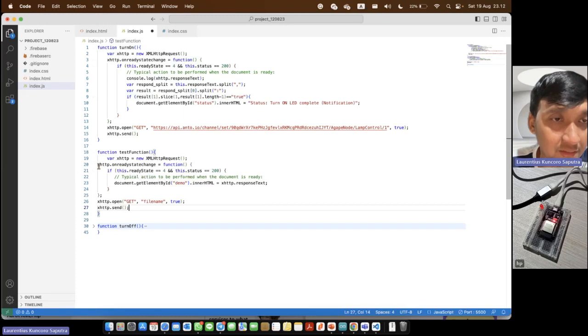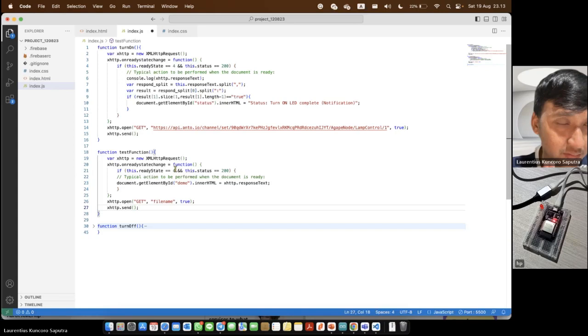So we should arrange the code. This is the same format, but we should change several lines to make the code based on our design.